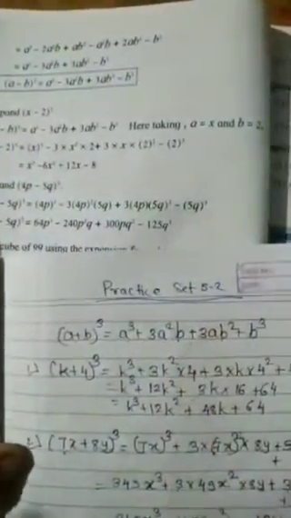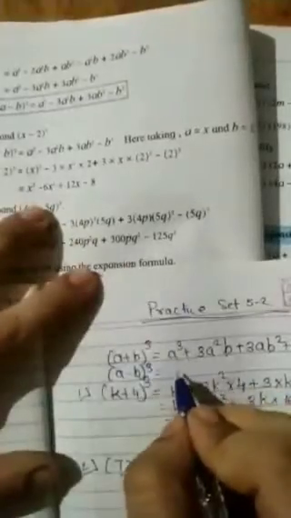Now here you can see the difference between this formula. See, here I am writing the formula so that you will compare both the formulas. This is a minus b the whole cube is equal to a cube minus 3a square b plus 3ab square